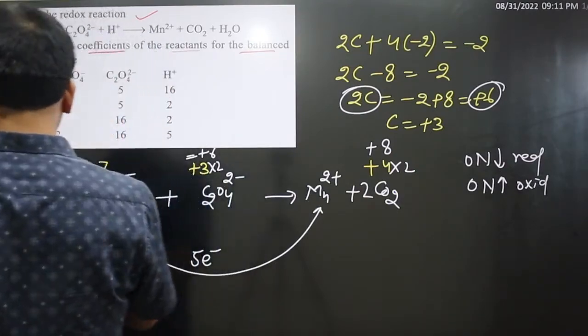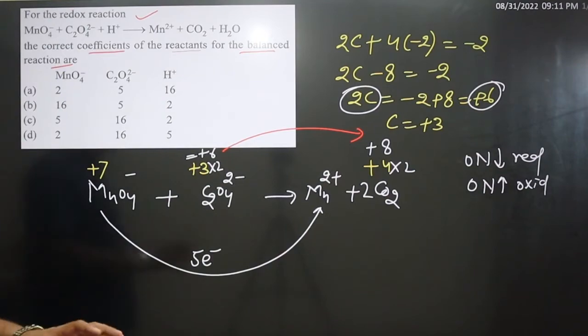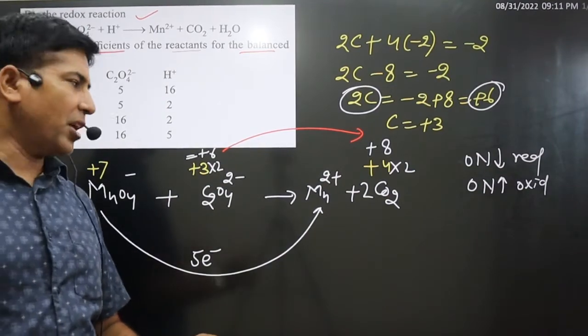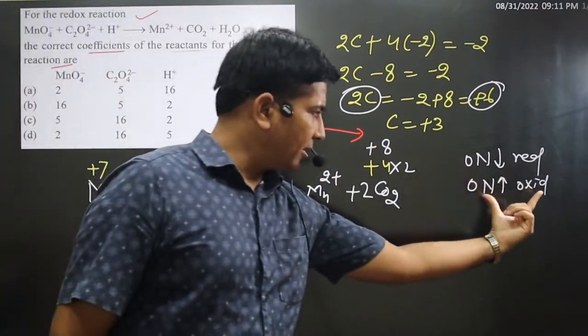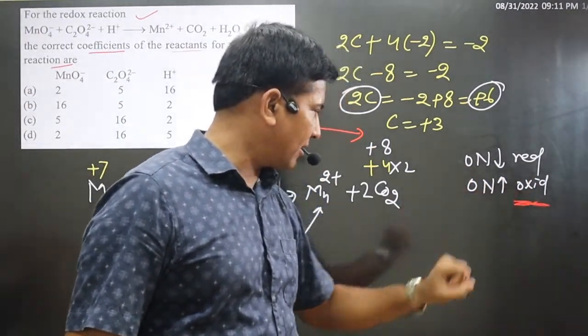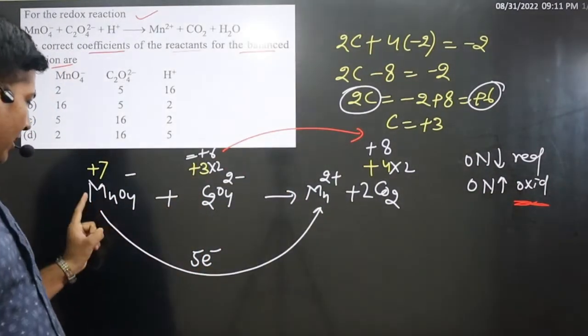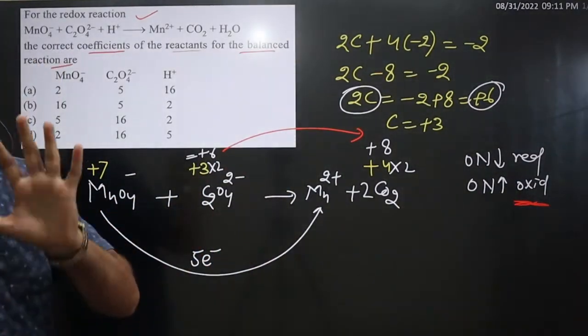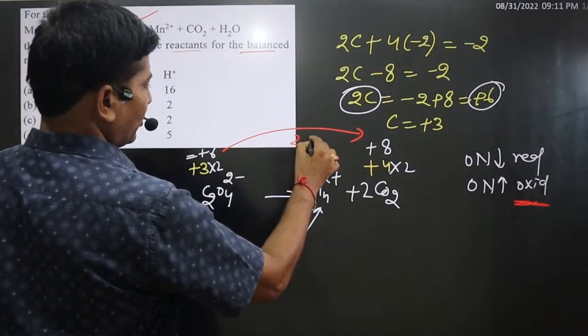Now we can find the difference in oxidation number. In a difference we always subtract the small value from the large value: 6 and 8. An increase in oxidation number is always an oxidation reaction. So the oxalate ion is undergoing oxidation, and the permanganate ion is undergoing reduction. In this case 8 minus 6 is equal to 2 electrons.